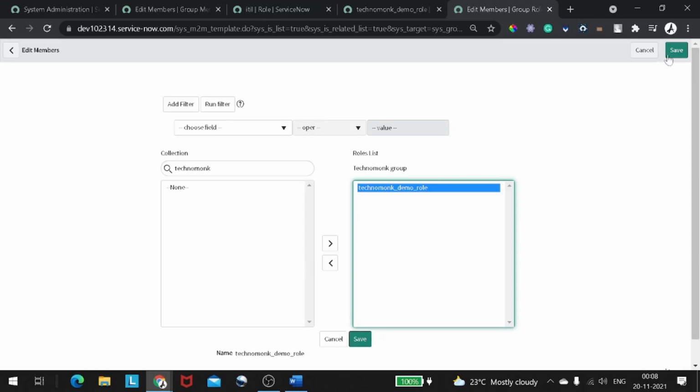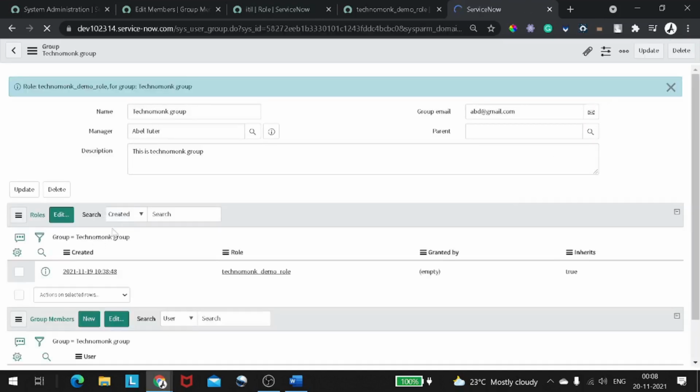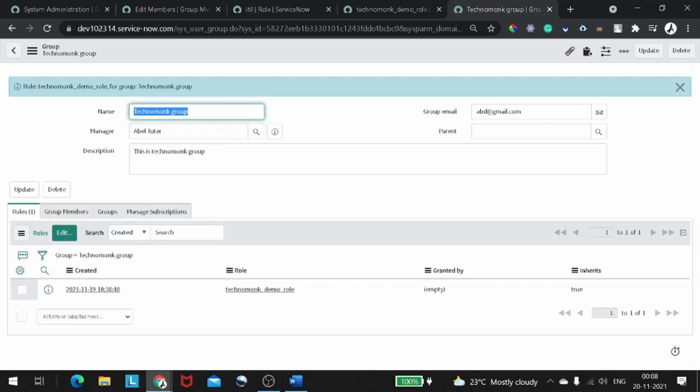So I have added this group role, sorry for that. We have assigned this particular role to this group. Now let's see if I assign this group to a user, whether he gets that particular role also or not.